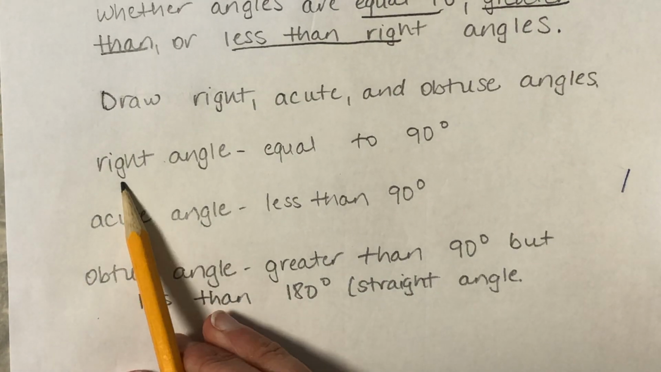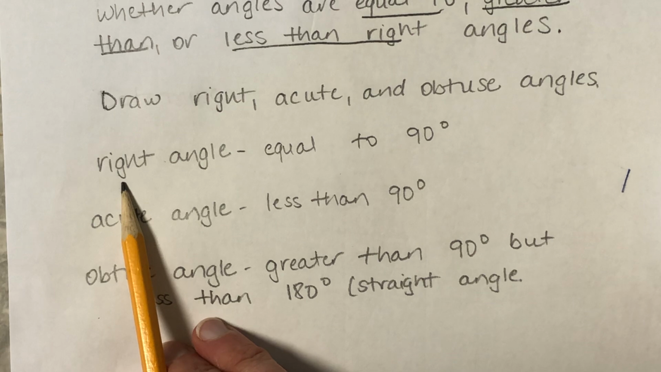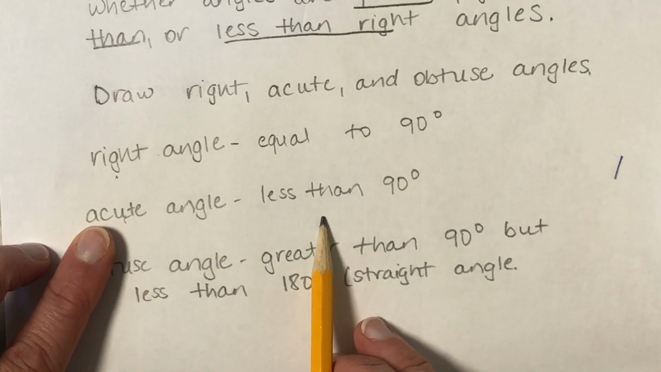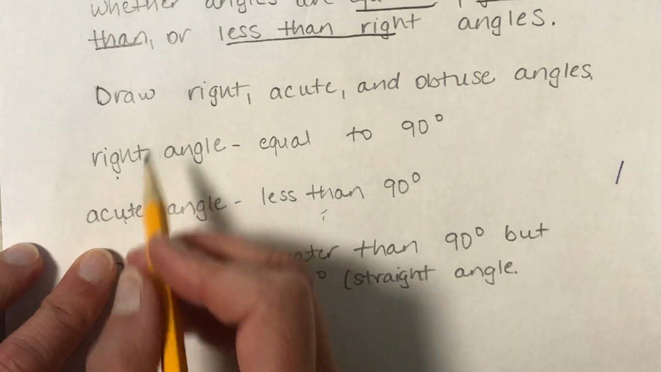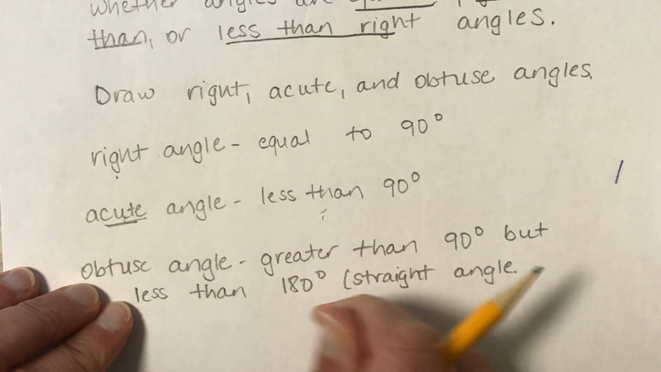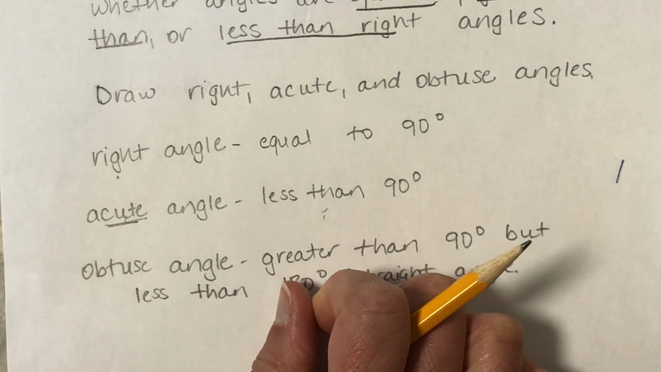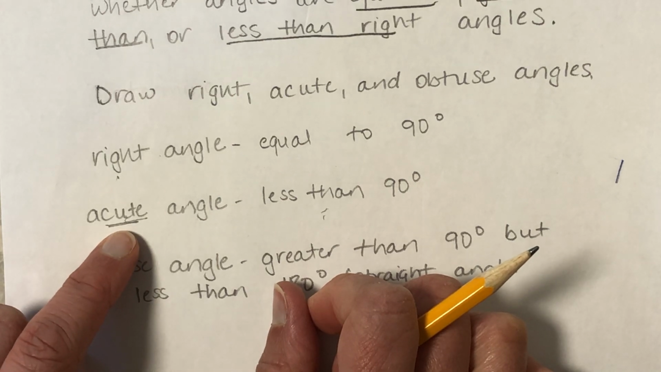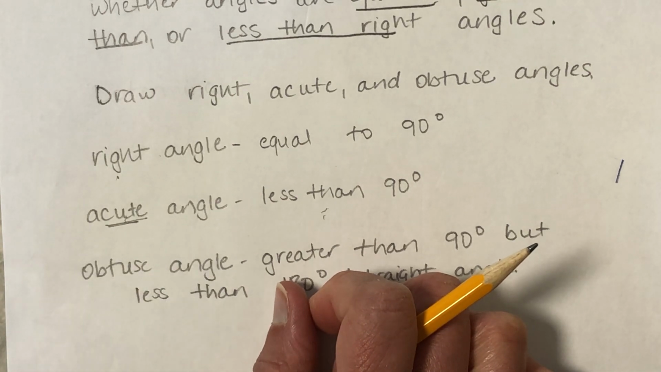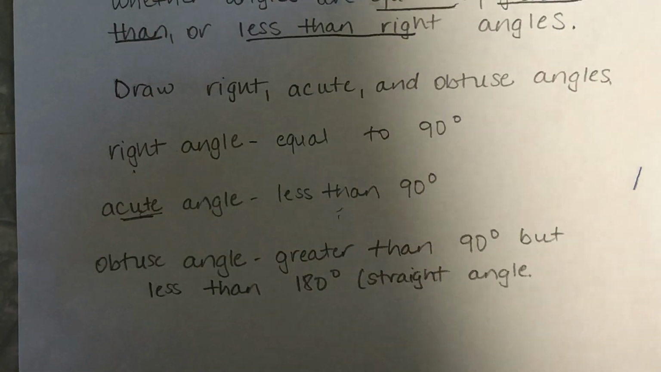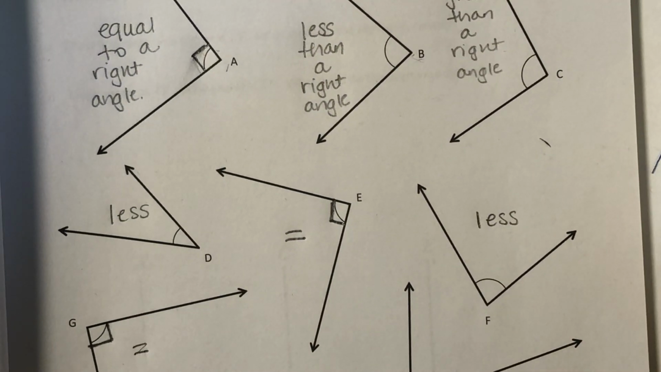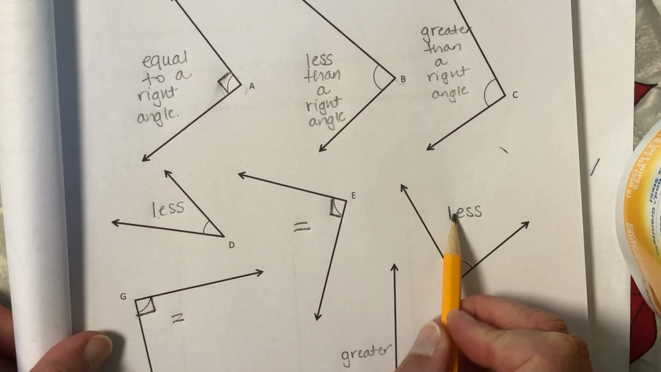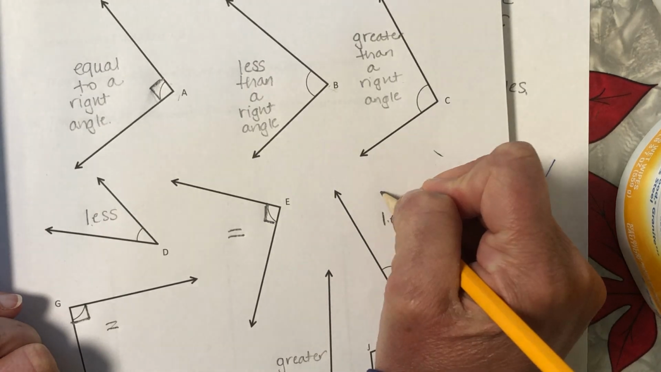A right angle is equal to 90 degrees. That's easy to remember. An acute angle is less than 90 degrees, and here's how I remember it. You see that word cute? Everybody thinks about little kids being cute, right? Or little babies being cute. So an acute angle is a little angle. It's less than 90 degrees. It's less than a right angle. So all of these angles that are less than 90 degrees have a name, and that name is